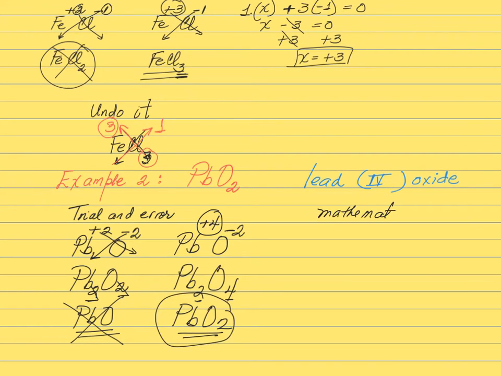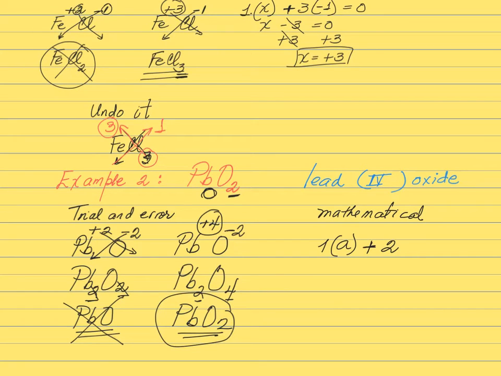Mathematical approach. How many atoms of lead are involved? 1. Multiply by the oxidation number. See that I'm using another letter. It doesn't matter. Multiply by the oxidation number of lead, which I don't know. So I'm going to add that to the number of atoms